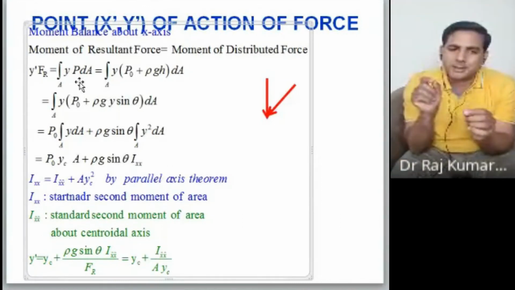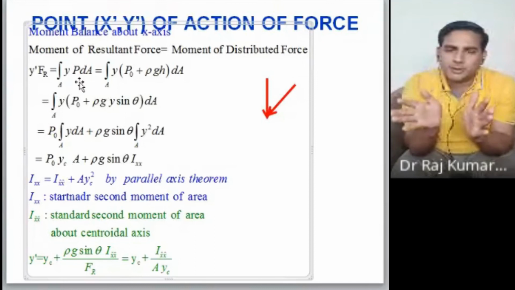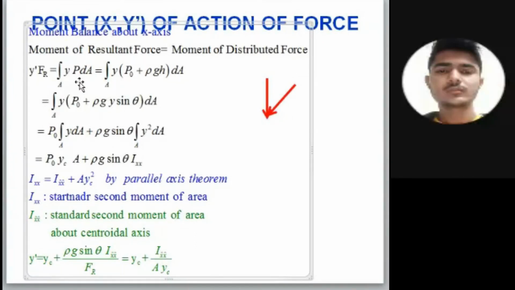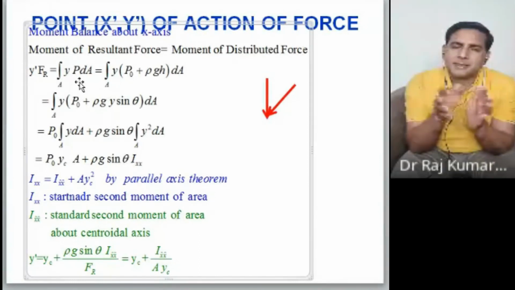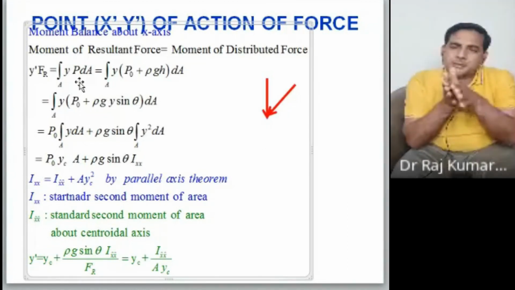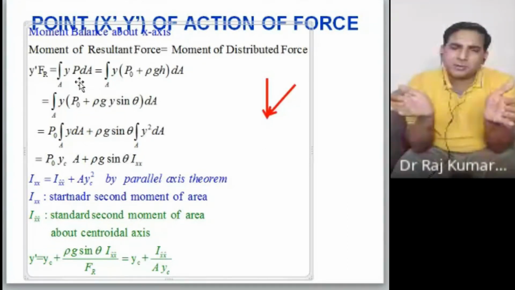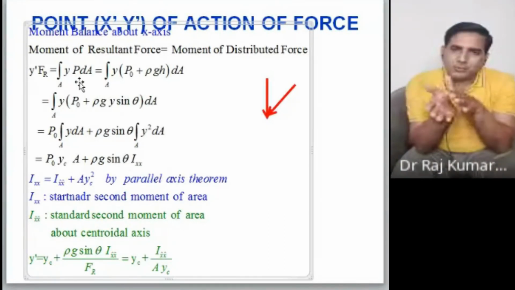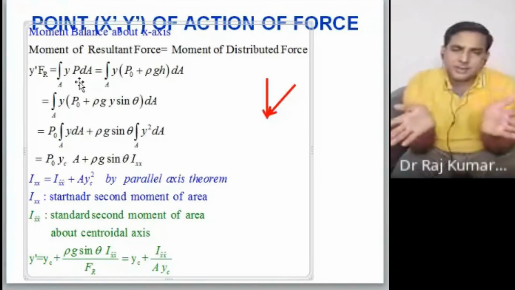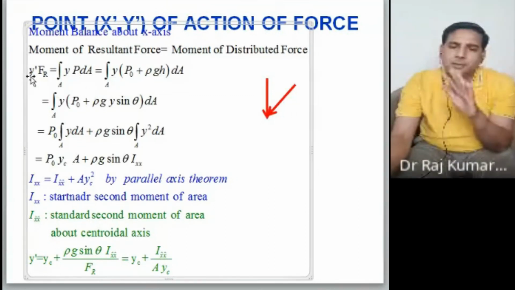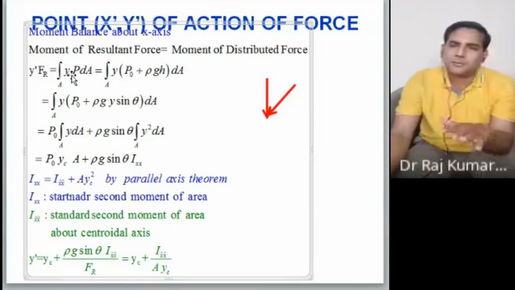You are just adding here. The pressure formula is rho gh. Yes or no? Multiply by dA. dA is just dx into dy. If the width of the gate is constant, then dx is all the time the width of the gate, w, so the only variable is y. You write h in terms of y as y sin theta. Simple. After that you have to integrate. So for this you need not remember anything. It is a simple standard formula which you already know.